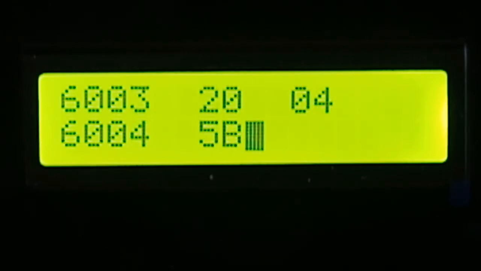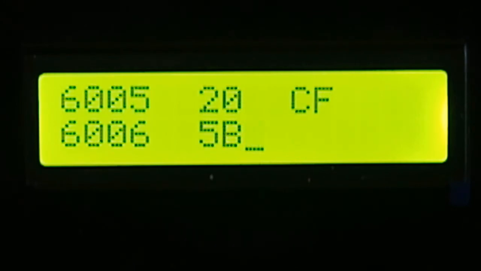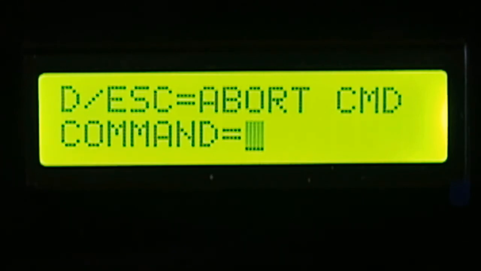C6, that is the opcode of ADI, needs to be changed to D6, that is the opcode of the SUI instruction. D6, Enter, Enter, and then 47, Enter, CF, Enter. Here our program is fed and we have to come out of this program feeding process, so press the Escape key.